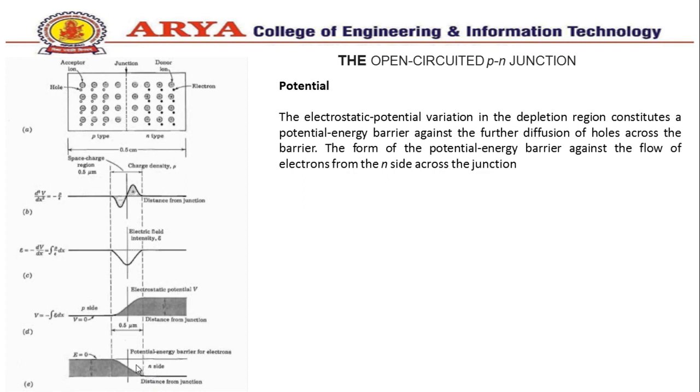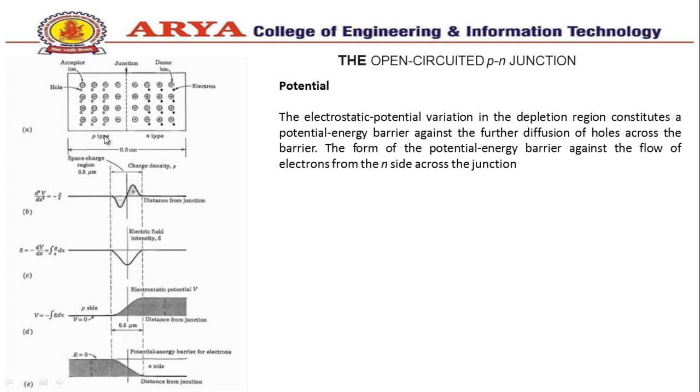This is called the contact potential V0, which we have also calculated in our previous lecture, that is V0 equal to Vt log of Na Nd upon ni squared. The numerical value of this potential barrier V0 is of the order of a tenth of a volt. We can see this from this figure. We can conclude that under open circuited condition, the net hole current must be 0. If this statement were not true, the hole density at one end of the semiconductor would continue to increase indefinitely with time, a situation which is obviously physically impossible.